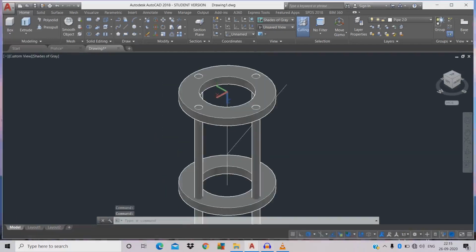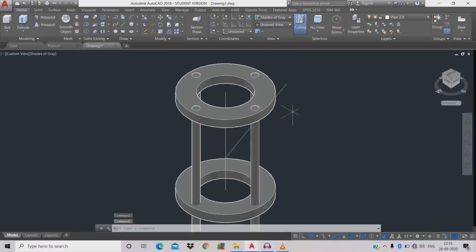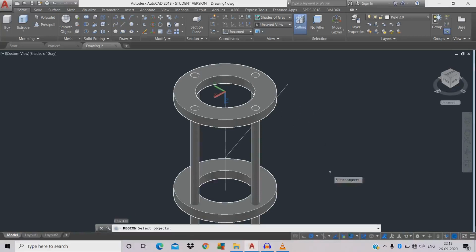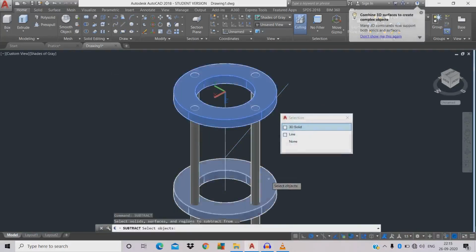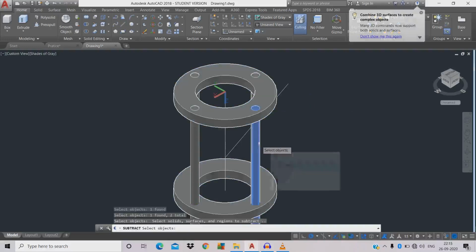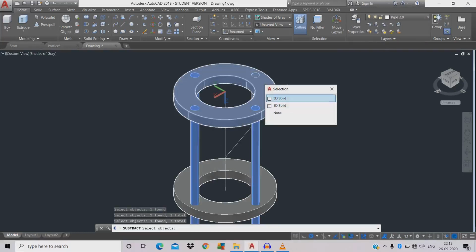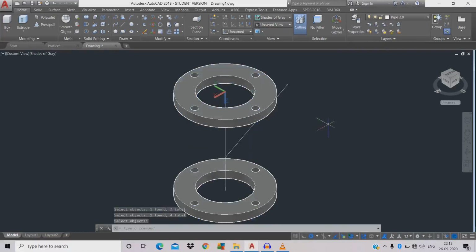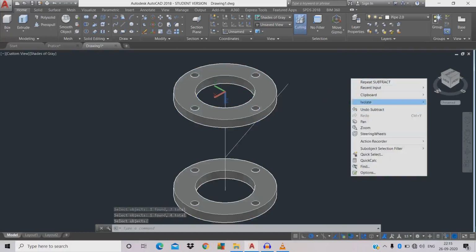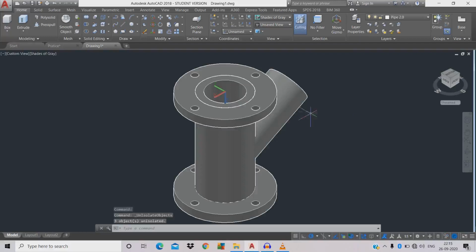Okay, now we're gonna subtract, we're gonna give region, REG, select the entire object that we're gonna subtract space, give the command sub space, click the object space, then click the object that we need to subtract space. Okay, then we're gonna unhide the object in isolation, end object isolation. Okay, the area has been done.